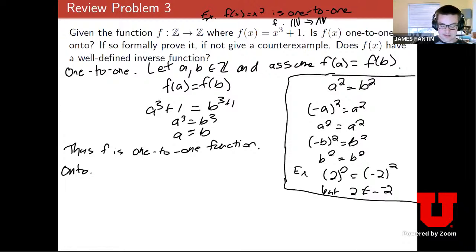So we just need to find some point where we have an integer in the codomain that is not mapped onto by an integer in the domain. Does anyone have any counterexamples to show why this is not onto? Somebody says 7. So let's take a look. Let's consider 7, which is an element of our codomain. If 7 were mapped onto something,